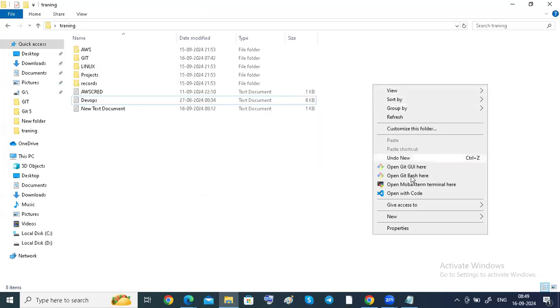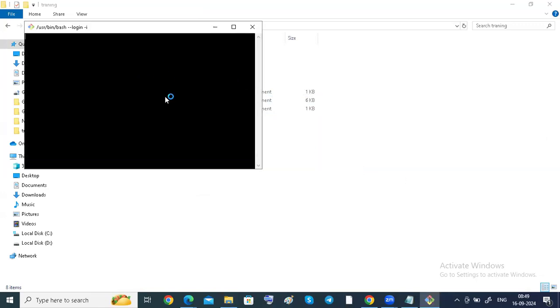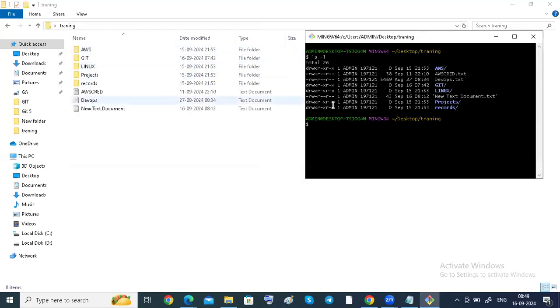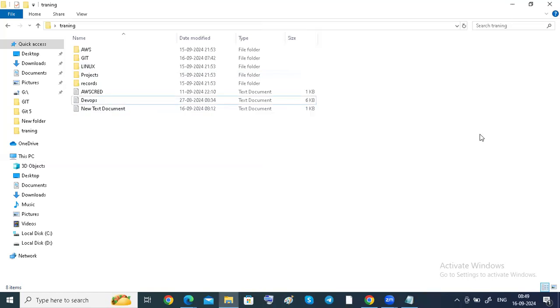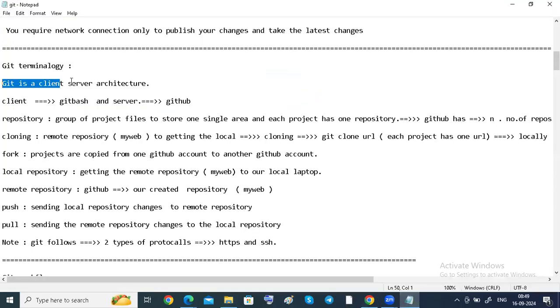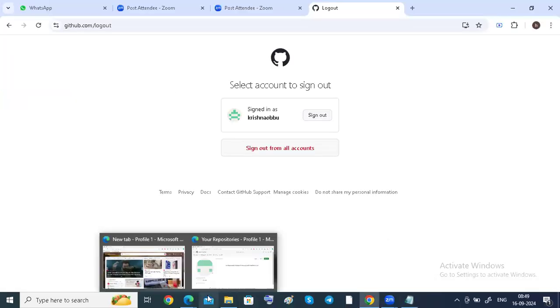Please, I capitalize it, Bash here. So this is our local laptop. I already told you it is a Linux operating system, guys. See here, what files are available, what repositories are available, everything is coming here locally. If you make any modifications also, it will show here, guys. Here our Bash you can open. Like this only. That is the client, guys. What is the server? Server is GitHub, guys. Server is this GitHub.